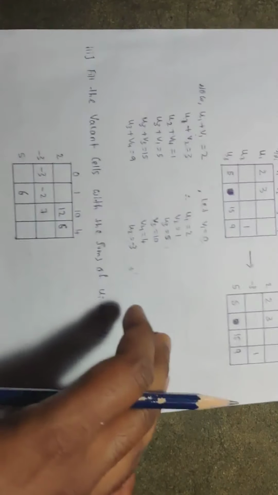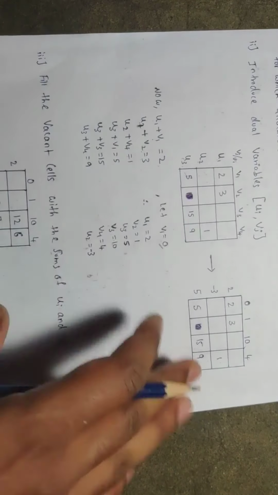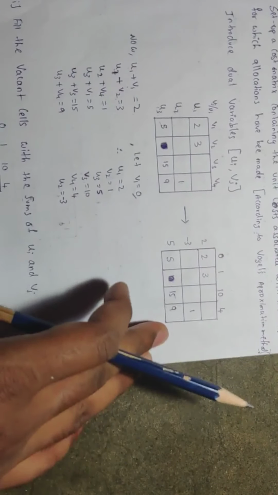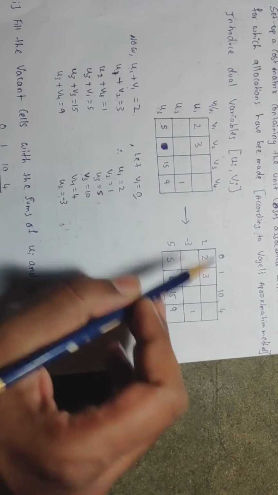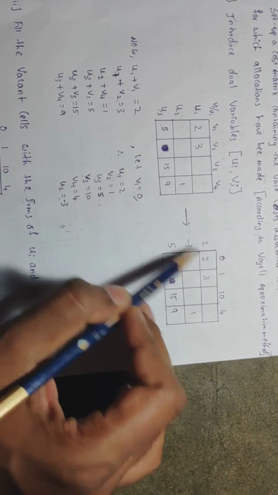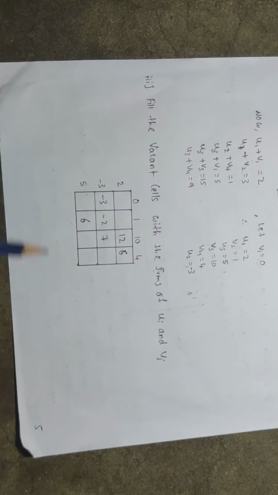Now the second step. What is the second step here? As soon as you check here, you can see the vacant cells. What are the vacant cells here now? The vacant cells are nothing but the unallocated cells. Basically, we have found the basic feasible solution, and the rest are unallocated cells. So the unallocated cells are 11, 7, 6, 0, 1. In those cells, you have to write the values we get from this addition. It is nothing but 2 plus 10, 12. 2 plus 4, 6. Minus 3 plus 0, minus 3. Minus 3 plus 1, minus 2. Minus 3 plus 10, that is plus 7. Those things you have to write here, and we are going to get a new table like this.